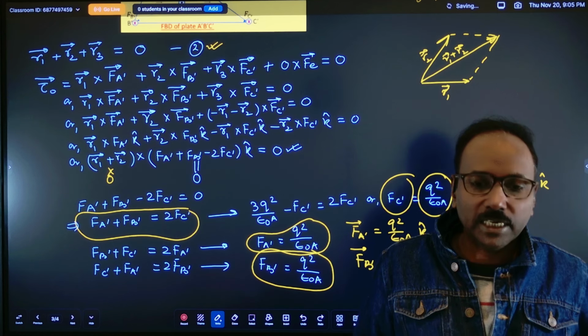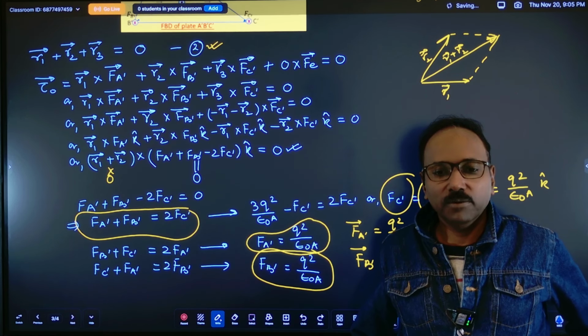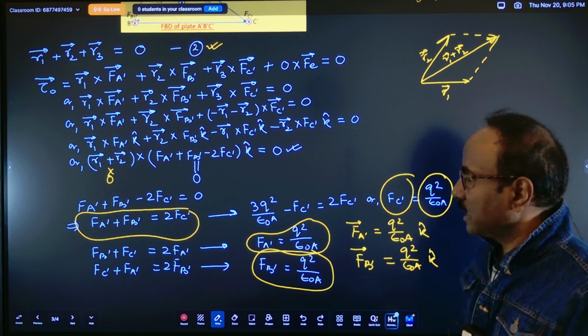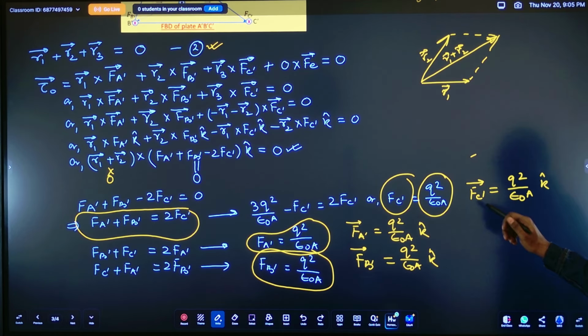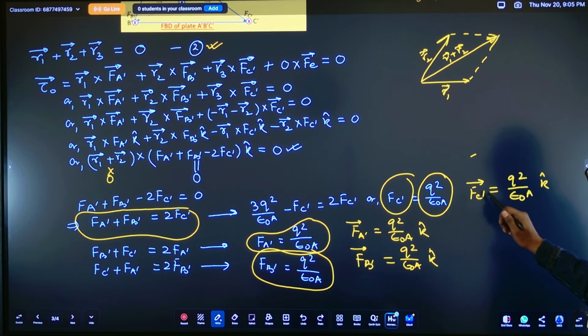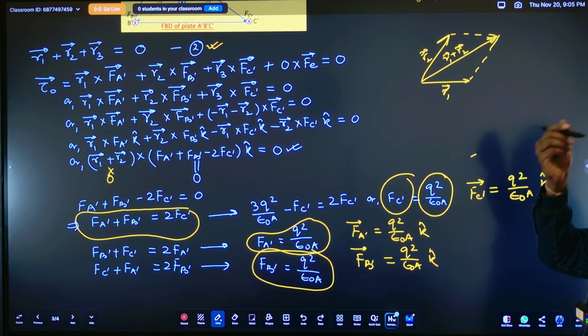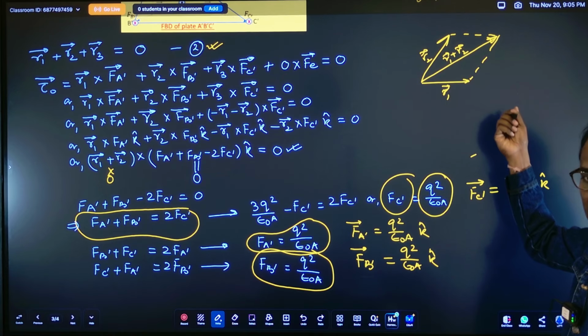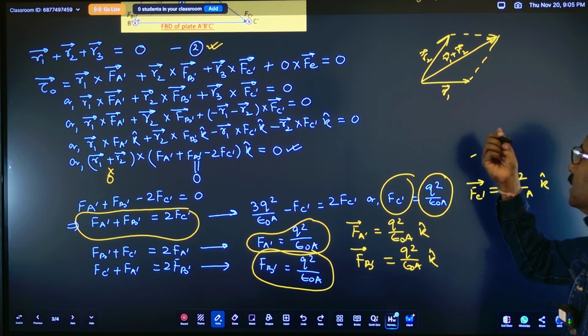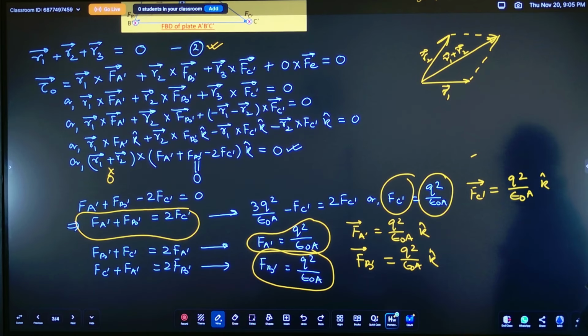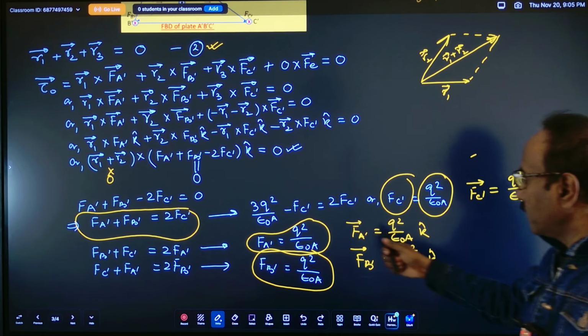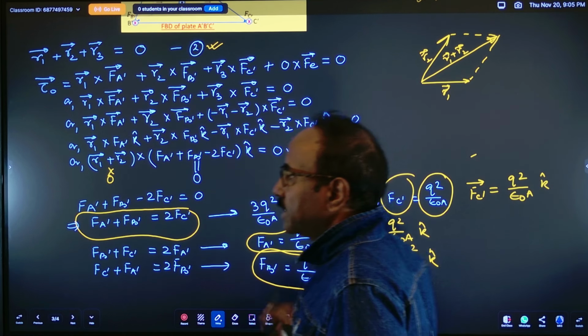आपका एग्जामिनर नहीं उसको पता है। तो आपको के को मोर स्पेसिफिक होने के लिए आपको क्या लिखना पड़ेगा कि एफ सी प्राइम जो लग रहा है सी कॉर्नर पे जो फोर्स लगा रहा है रॉड प्लेट पे, उसकी वैल्यू मैग्नीट्यूड तो ये है, और उसका जो डायरेक्शन है वो प्लेट को इनसाइड लग रहा है, प्लेट का जो प्लेन है उसके इनसाइड लग रहा है, इनवर्ड डायरेक्शन। उसी वे में आपको एफ ए प्राइम को भी बोलना पड़ेगा, एफ बी प्राइम को भी बोलना पड़ेगा।